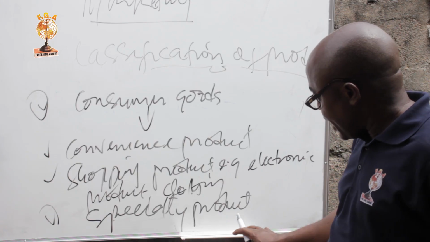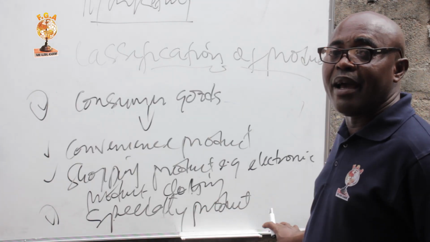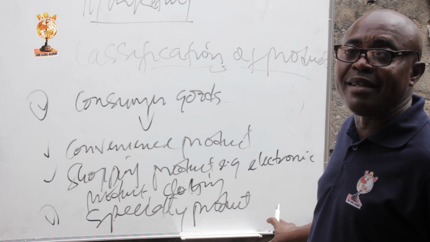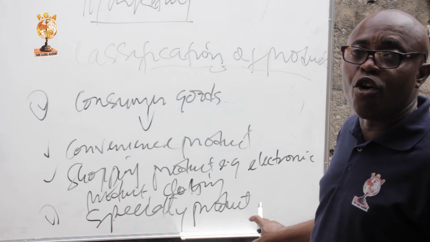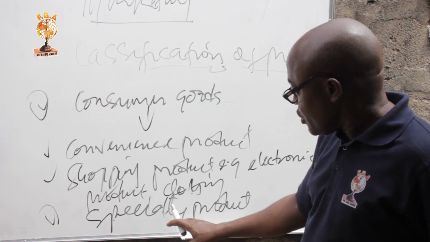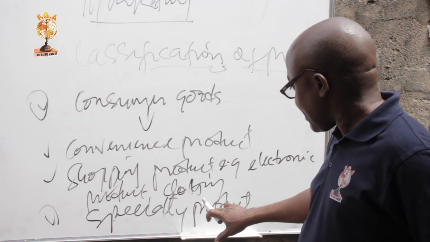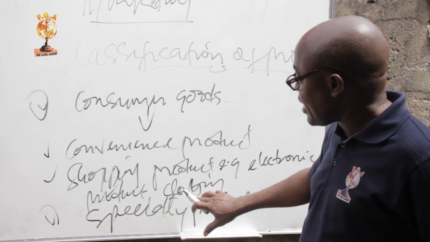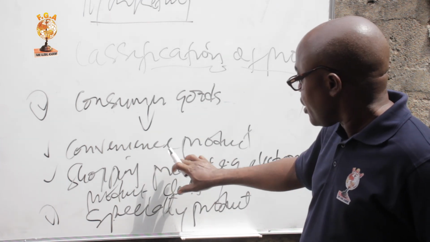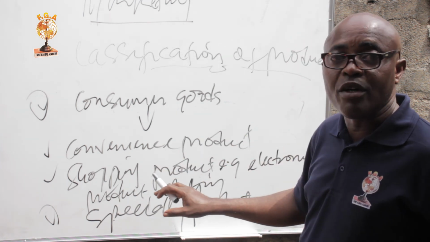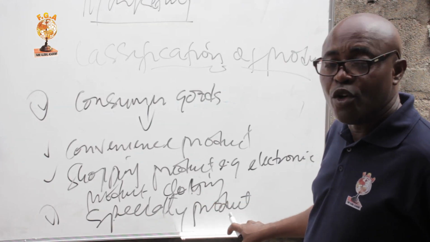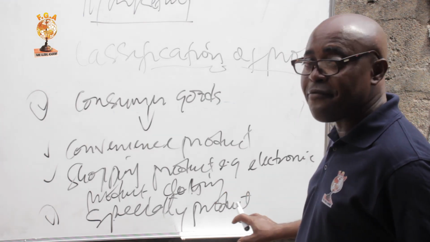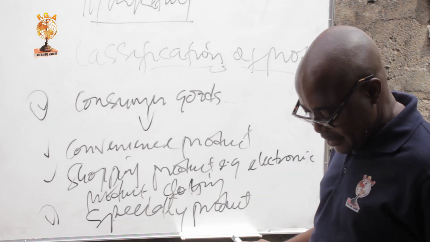And so, here now, you can be having a place where they sell something of 500,000. Somebody of this class cannot come here. Everybody has their own class here. The one that is looking for an item of 1,000 naira cannot come to where you have a specialty product. So these ones are exclusive for some persons in the society.